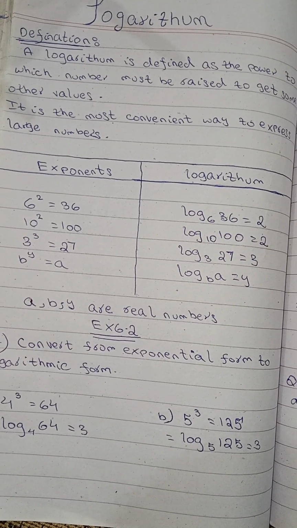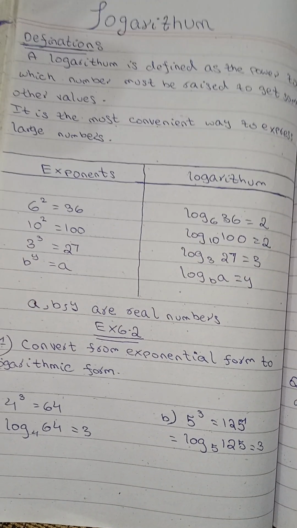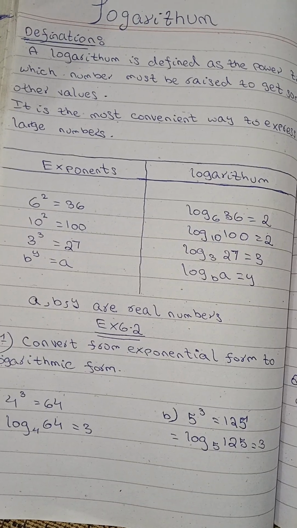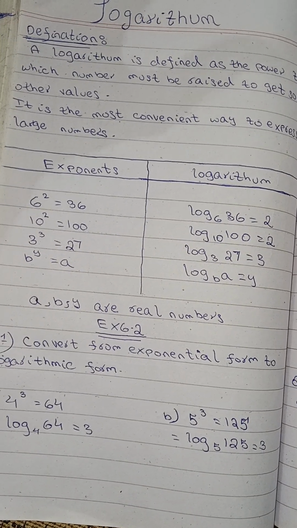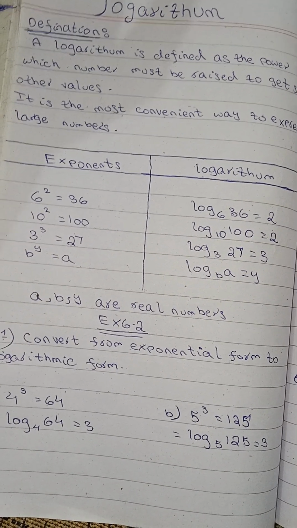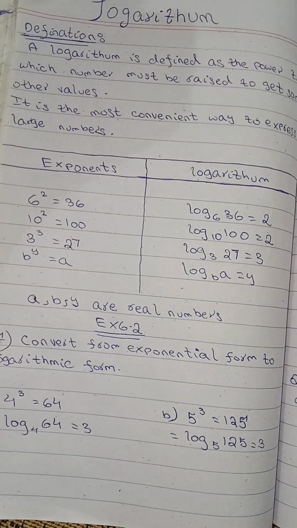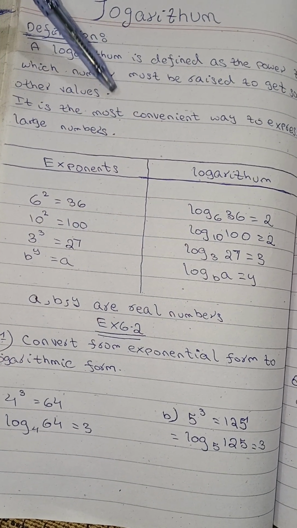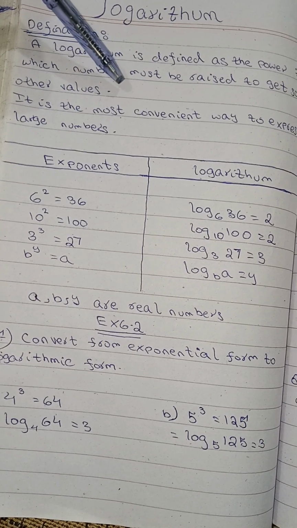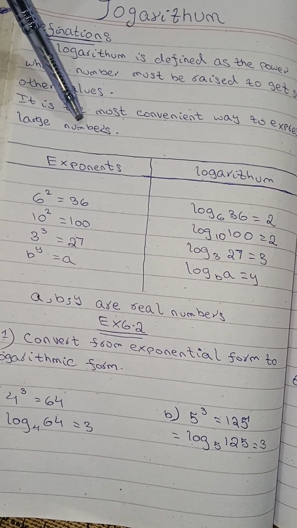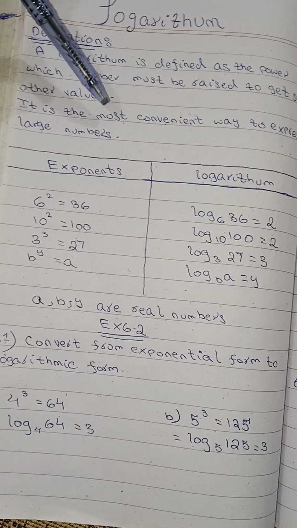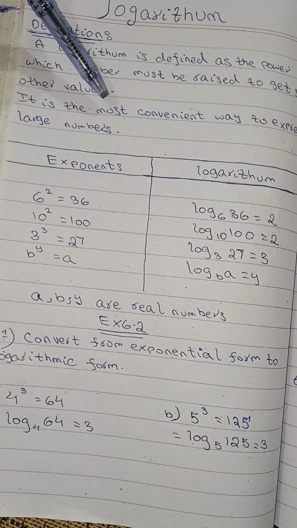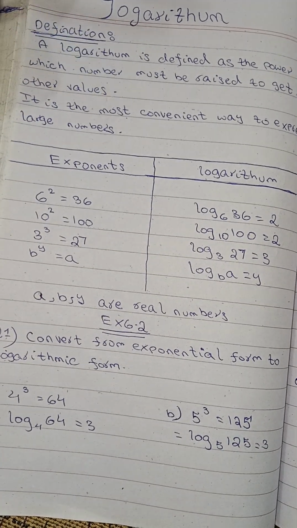It says that the power to which the number must be raised is being calculated to get some other value, and it is a very suitable method to express large numbers like 36, 144, 196. These types of numbers